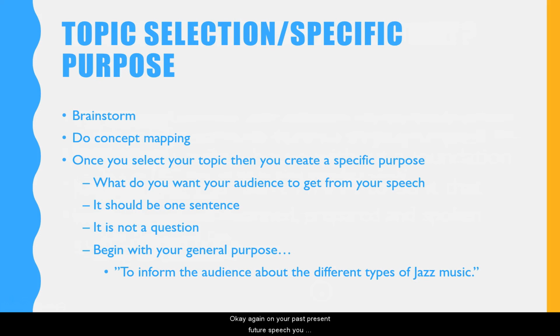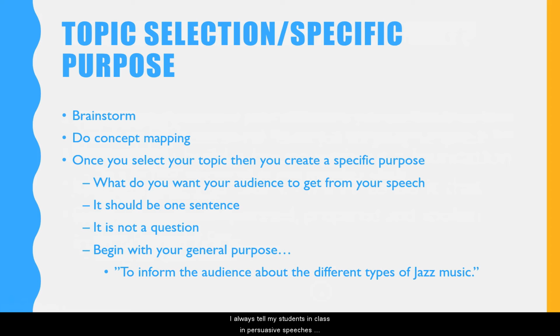Okay. Again, on your past, present, future speech, you don't have to think about topic selection, but on your persuasive speech, you do. So some ways that you can think about topic selection, do some brainstorming. What I like to do is write down 4 topics, like say education, entertainment, politics, and environment. And then I give myself a minute to write down all the topics I can think of